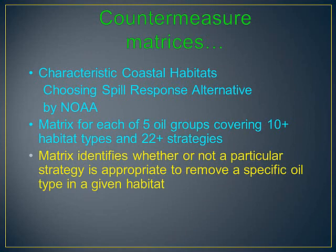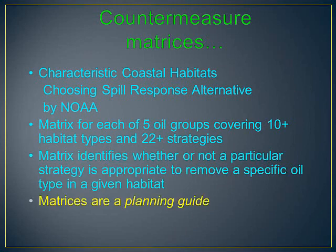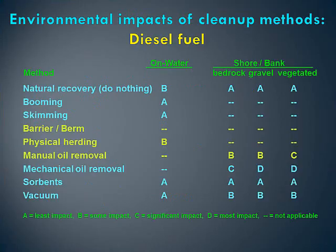It identifies whether or not a particular strategy is appropriate to remove a specific type of oil in a particular habitat. And remember, these are a planning guide. Okay, so the example that we're going to use right now is for diesel fuel. Basically, it states that